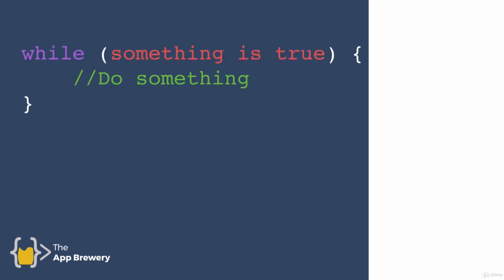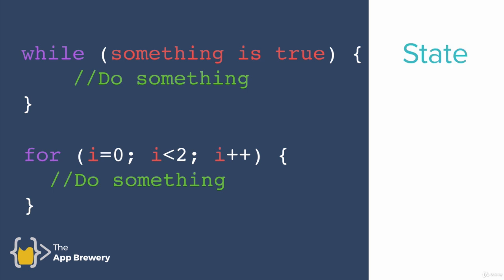Now, a lot of students wonder, in which cases do I use the while loop and in which cases should I use the for loop? Keep in mind that while is essentially checking for a state. So it's while something is true. That can be while player 1 is alive. Essentially, you want to repeatedly run an instruction while the program is in a certain state. But for the for loop, you're essentially trying to iterate. You're trying to run a piece of code many, many times, and you're going to use the for loop to define how many times. With practice, you'll find that you'll gravitate towards one or the other type of loop while you're writing code with different purposes.